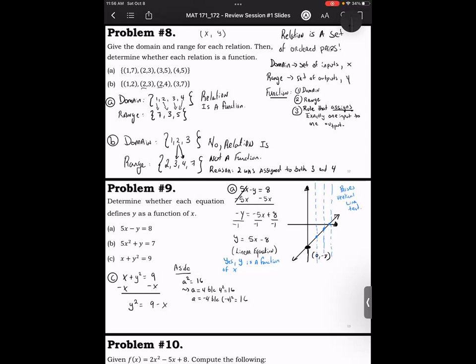when you have y squared is equal to 9 minus x, technically speaking, on both sides of the equation, you apply the square root property, which states that next to the square root of 9 minus x, you're technically supposed to write out plus or minus. So you say that the square root of y squared is y, and is equal to plus or minus the square root of 9 minus x. So in this example here,